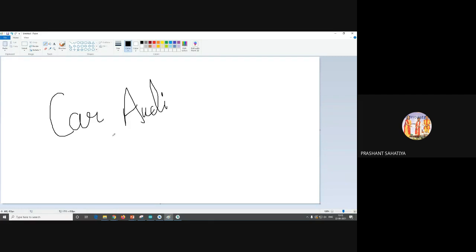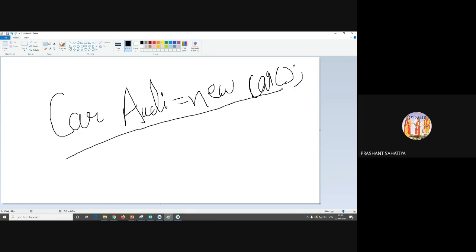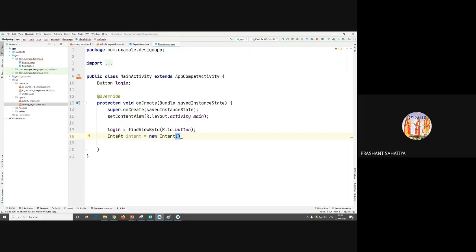So this is the syntax: class name, space, object. And if you want to initialize with some value, you can create using the new keyword and here the class name, and here the brackets. This is how you initialize and create a new object in Java.